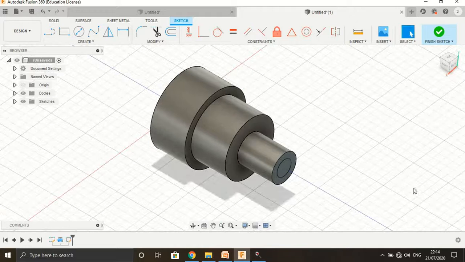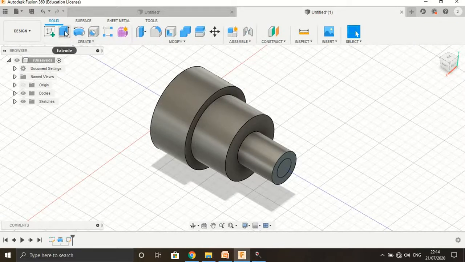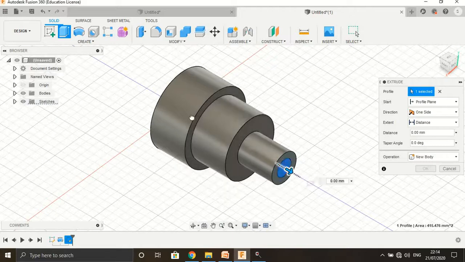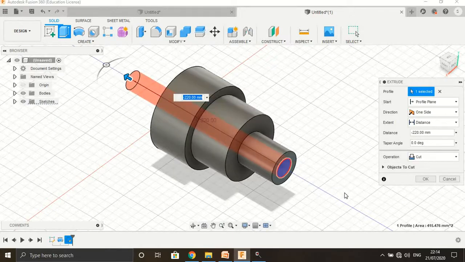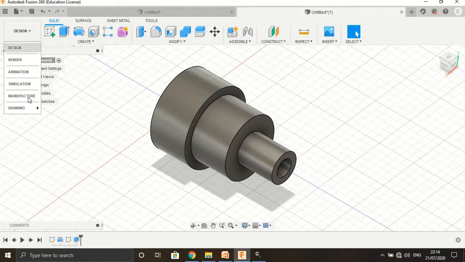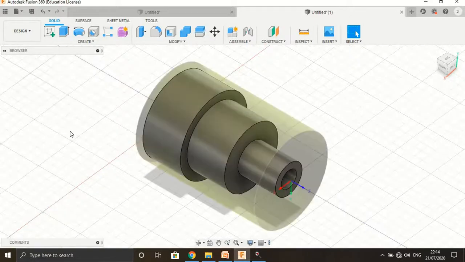Then finish sketch and again extrude in the opposite direction, which will create the hole throughout the workspace. Then go into the workspace, select manufacturing.